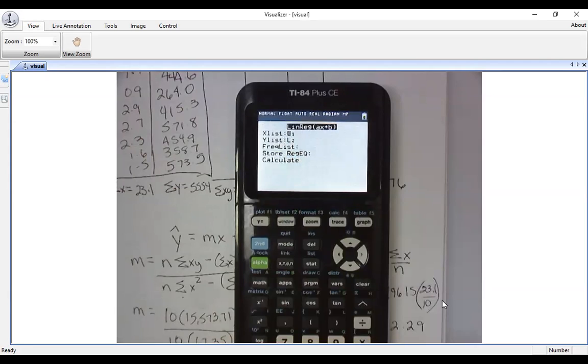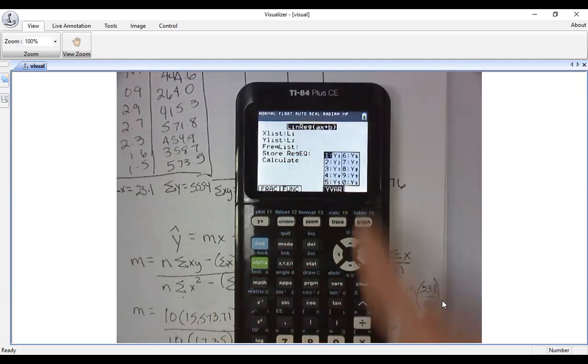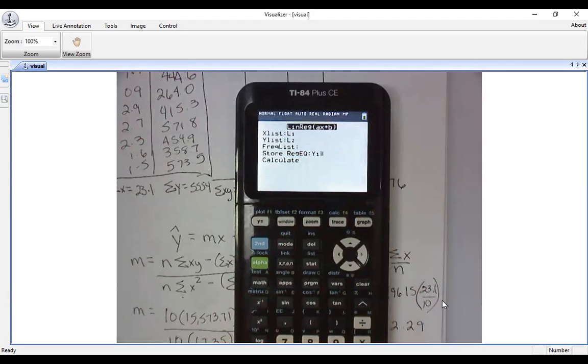Now, you guys told me of a different way. When you get to store regression equation, what were you saying is a good way to get it there? Alpha trace. And that's right now, alpha trace? Yes. Alpha trace brings up these options, and I can hit enter, and it will type in Y1. If you don't have an operating system that's letting you do that, if you try to do that and it doesn't show up because your operating system is older, you can always hit VARS, arrow over to Y-VARS, and you can find Y1 as number 1 under function. So it's VARS, Y-VARS, and you hit enter about 3 times, okay? And now when I calculate,